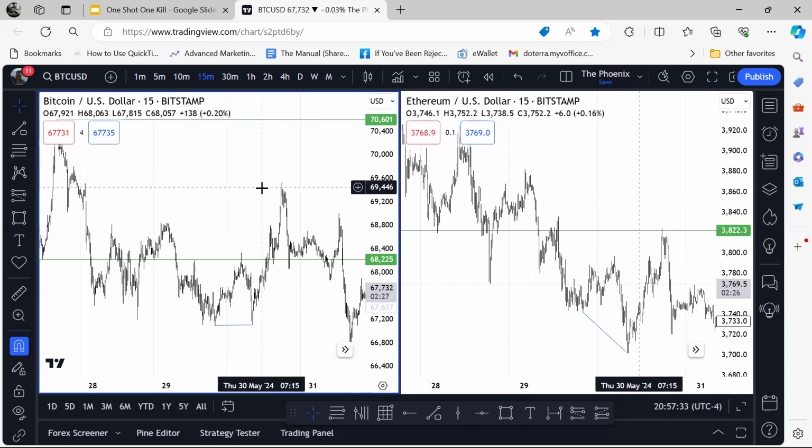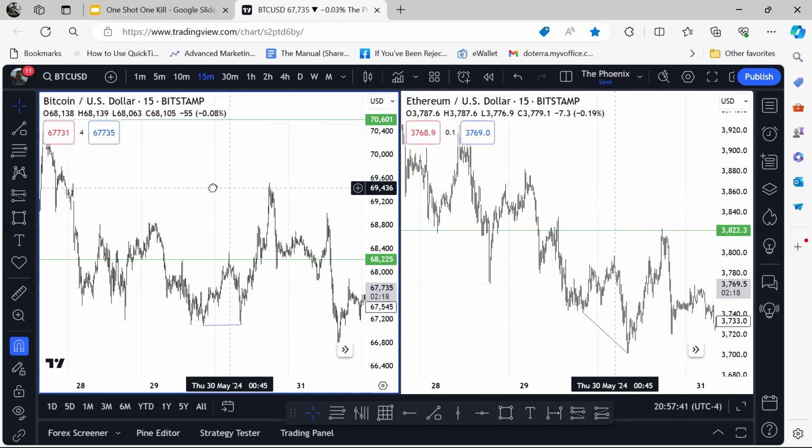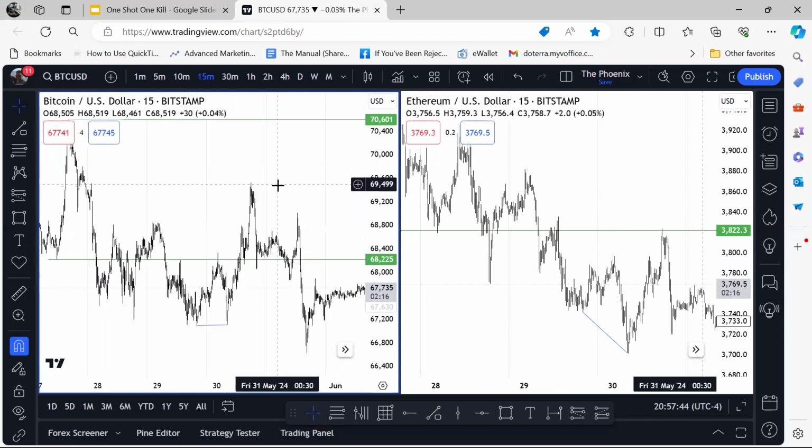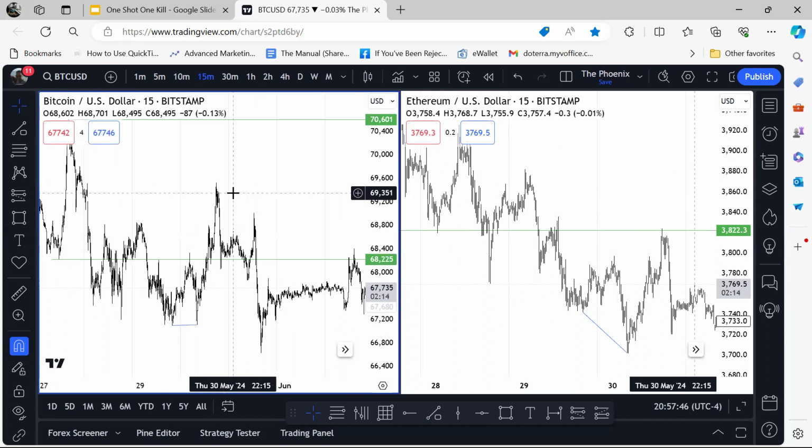So that's why it's important to at least take some partials when you get to 50% of the range, having taken this type of trade, right? Bitcoin basically was in a range, but even though it was in a range for that week, there were still trade opportunities present using this concept, right? All right, so let's move on to